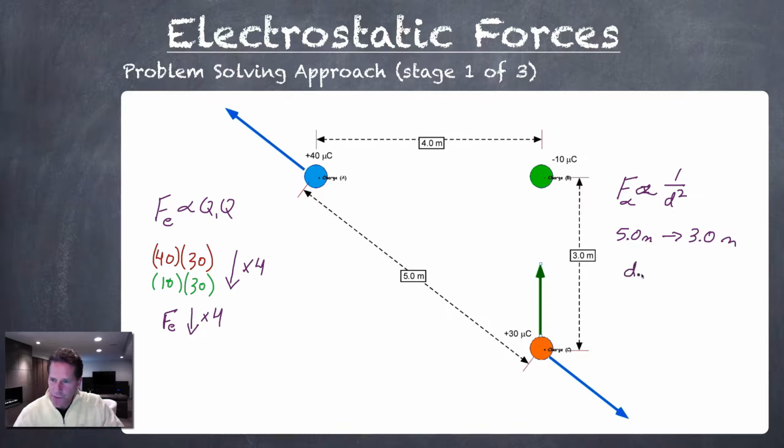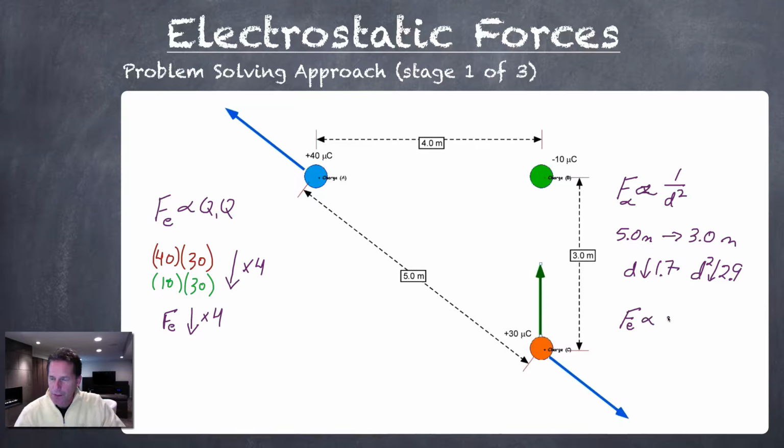So that distance decreased by a factor of 1.7. Now again, electric force is inversely proportional to 1 over the square of the distance. So we need to look at the impact on the square of this change in the distance. If we square that, we're going to get 2.9. So that means we would expect the distance squared term to get 2.9 times smaller, which means the electric force